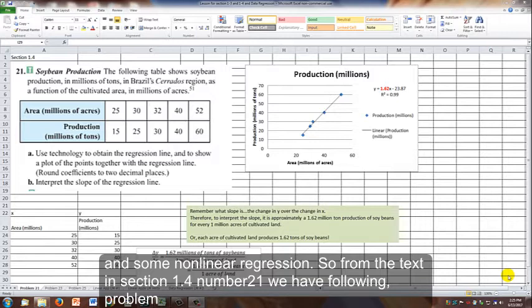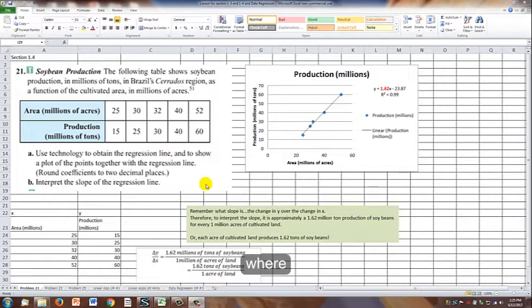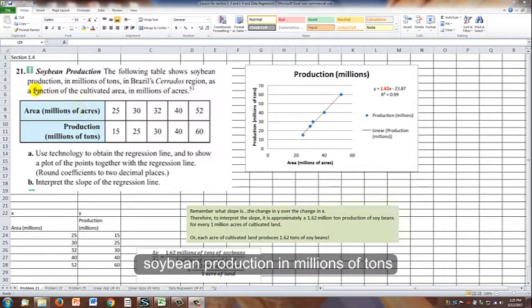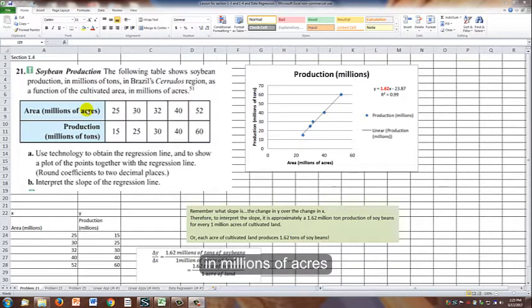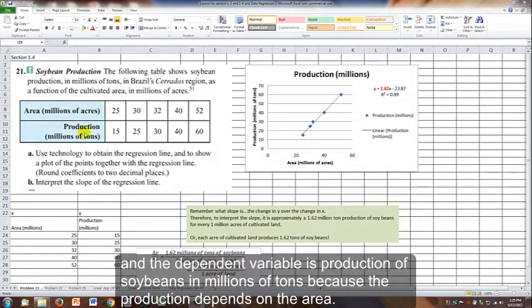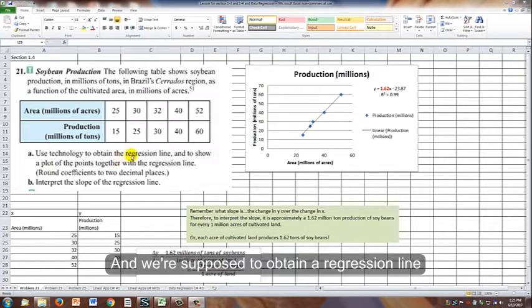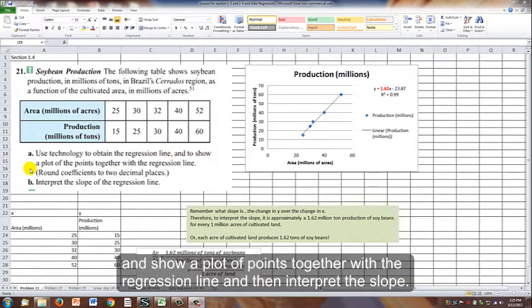So from the text in section 1.4, number 21, we have the following problem where we're talking about soybean production in millions of tons and cultivated area. So the independent variable is this top one, the area in millions of acres, and the dependent variable is the production of soybeans in millions of tons, because the production depends on the area. And we're supposed to obtain a regression line and show a plot of points together with the regression line, and